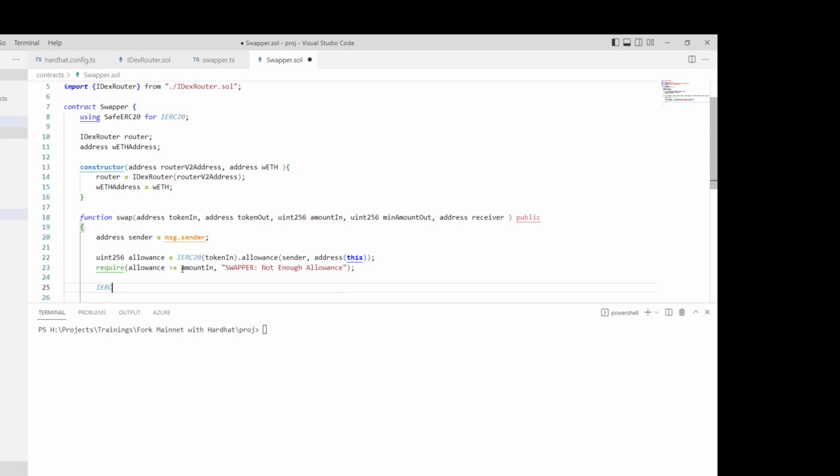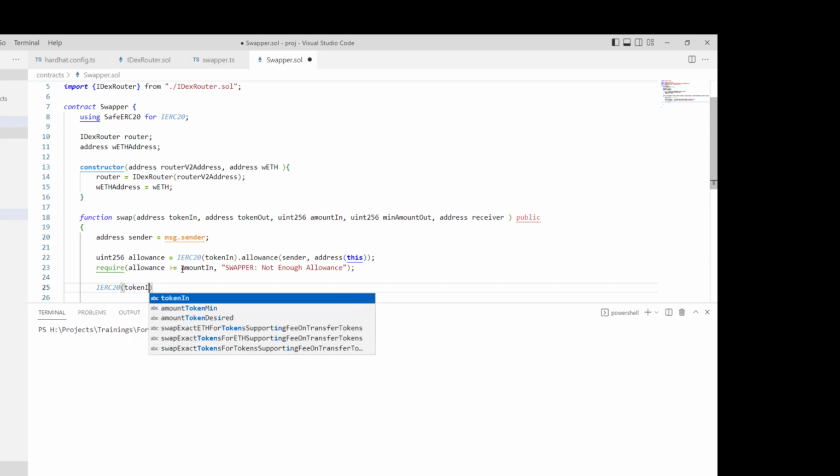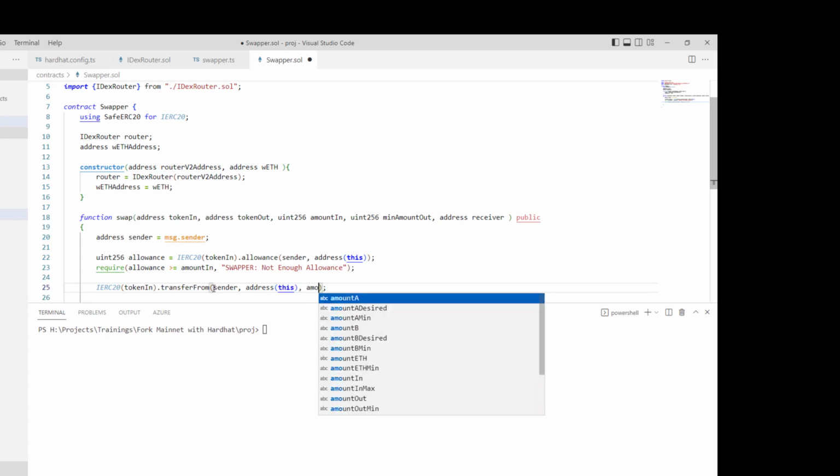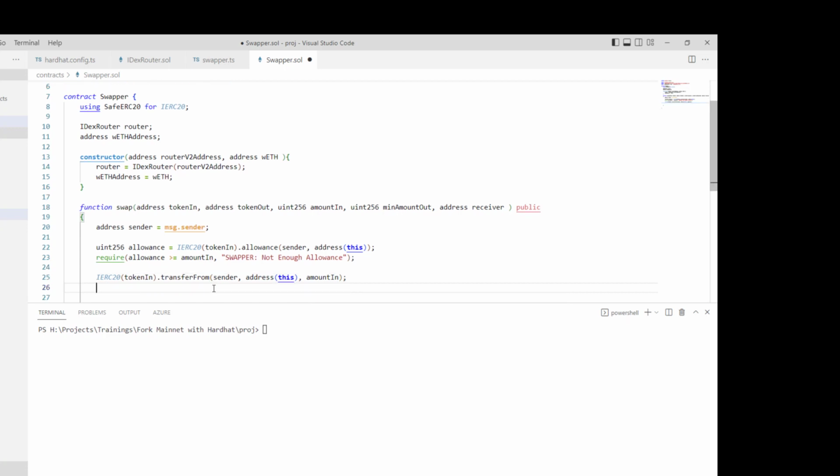Now to transfer in, we use a function called transfer from. So we're going to transfer from the sender to this contract, and the amount that we're transferring in is amount in. Okay, now transfer from